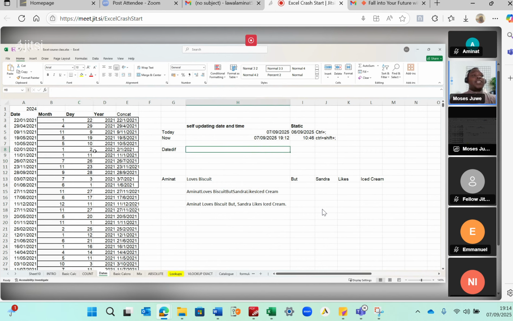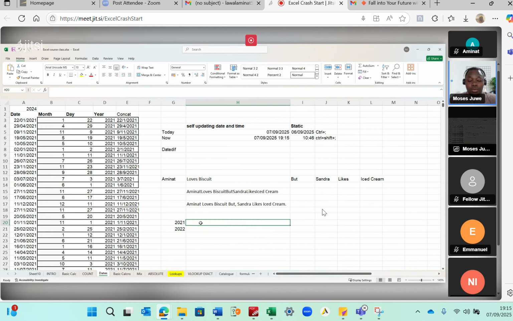So for example, let's use an example. Let me just say how the formula works first. In DATEDIF, you have to start with the date, and the date you're starting with has to be the smaller date. If you have 2021 as a year and you have 2022 in another year,